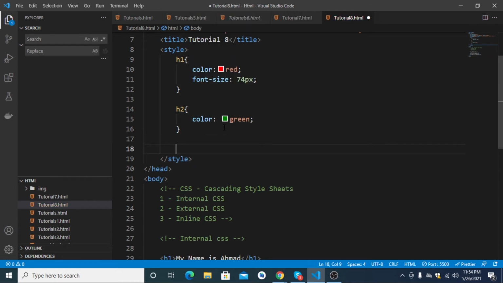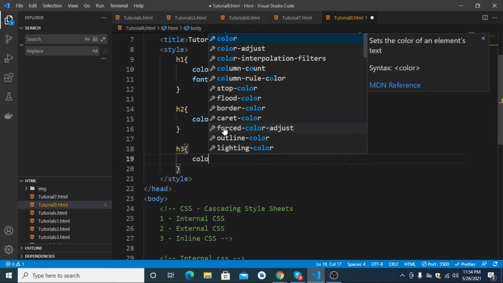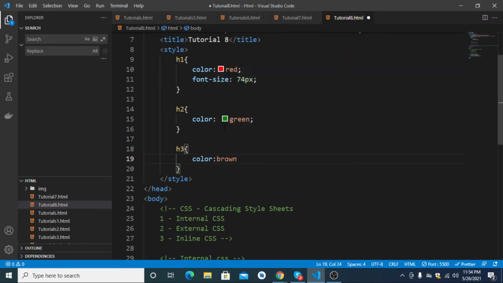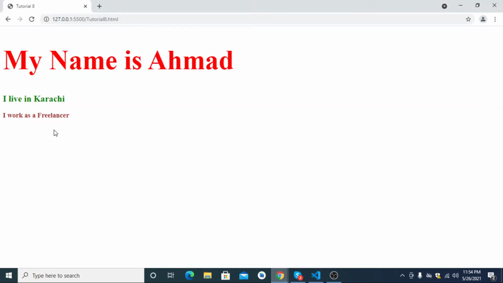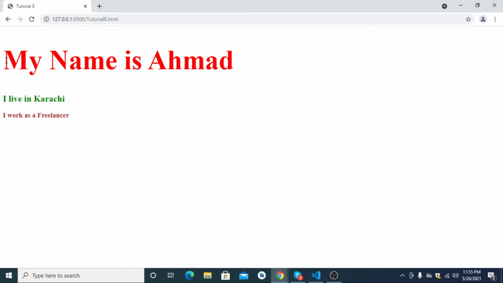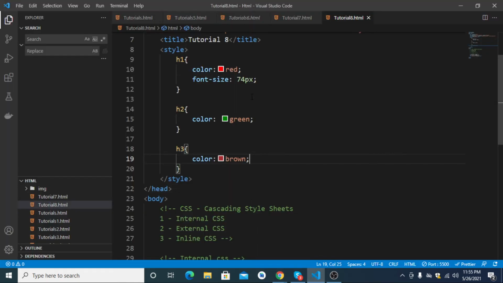Wait a second, I am pressing enter to jump to the next line. Color, and which is, I will say, blue or brown or something like that. Control S, saving it, run it, and you will see here these different things coming up in the browser. So you can see that we have changed the color through CSS. You can also do many things.